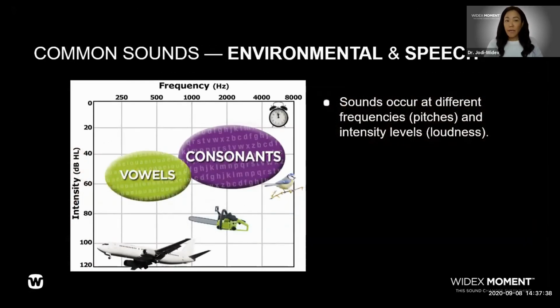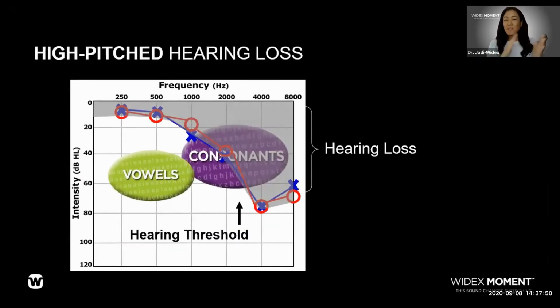So we all know, I think, that when you get your hearing checked, we check different pitches. And that's specifically because that's where the English language lies, the vowel sounds and the consonant sounds. And that's why different people who have different shaped hearing losses can hear certain areas, but other areas are maybe more challenging. So a high pitch or a high tone hearing loss typically happens where it starts reducing or cutting